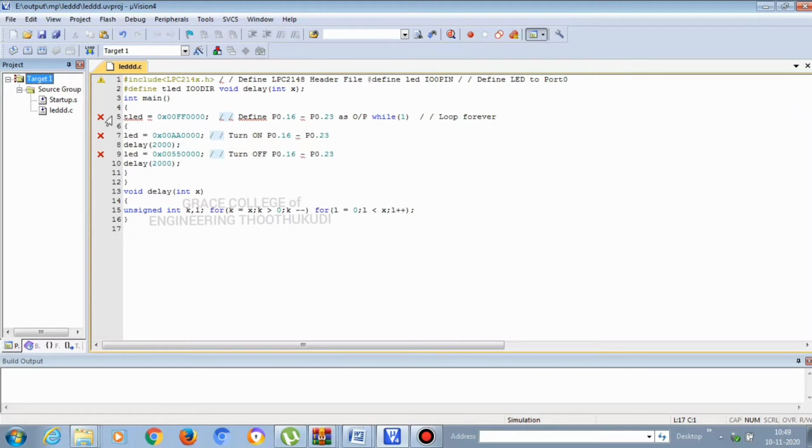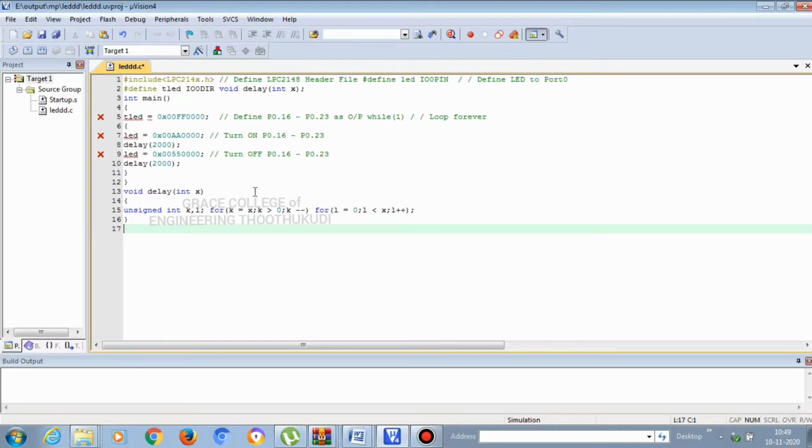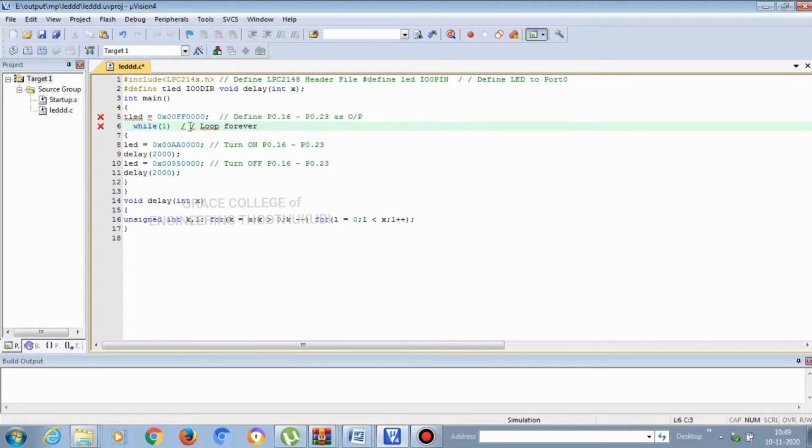See, in the program it shows a wrong symbol, that is some error in the program. We have to rectify the error. The comment should be given with a double slash without any spacing, so that it will not display any error in the program. Therefore you have to give the comment with a double slash. Now you can see the corrected program, and now you can see whether any error is in the program or not.